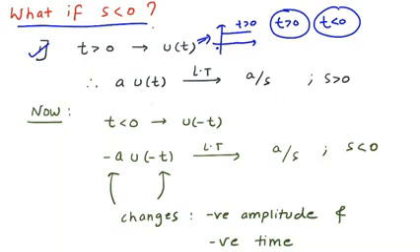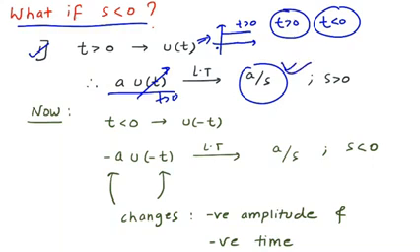So if the question is manipulated as a into u of t, you can straight away say that the Laplace transform is a over s, which is u of t is nothing but t is greater than 0. That is the reason you are getting the answer as a over s, as studied in the previous slides, which is a standard result, and your s is greater than 0.